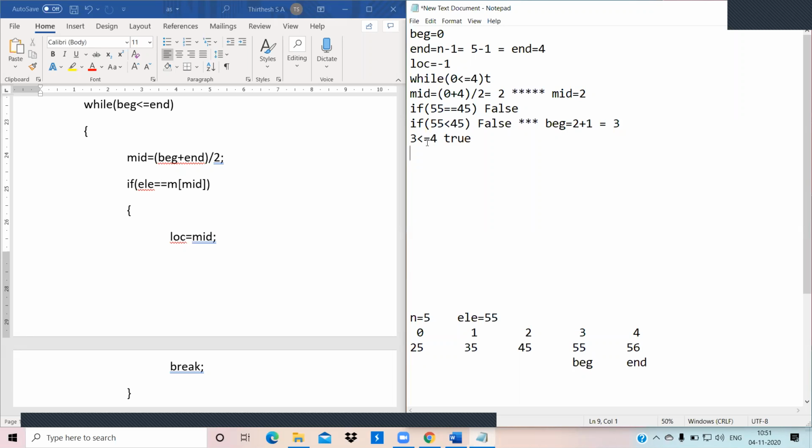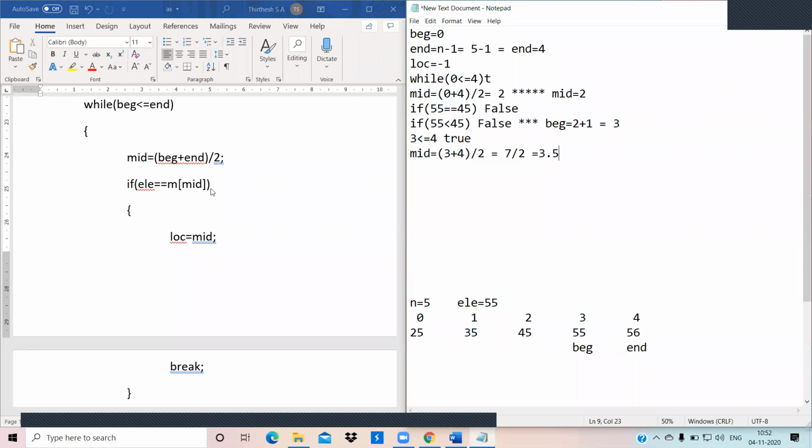Now it is going to say mid is equals to 3 plus 4 divided by 2. 3 plus 4 is 7, divided by 2, which is equals to